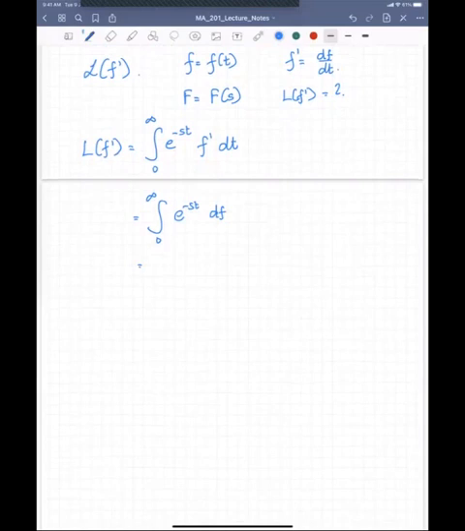So this is my u and this is my dv, and if I do that, I get e to the minus st f evaluated between the limits infinity and 0 minus integral 0 to infinity